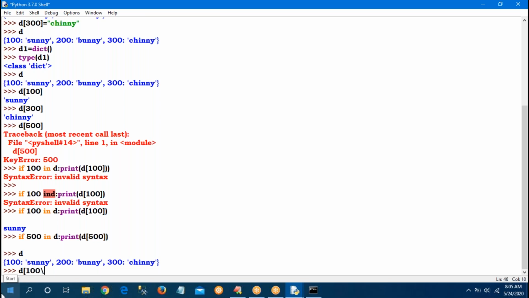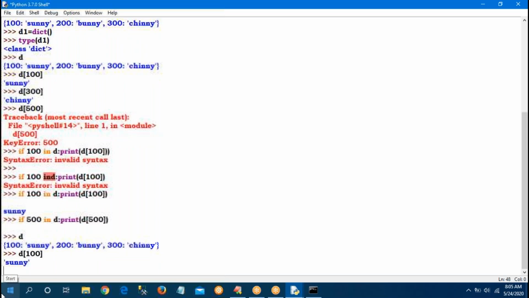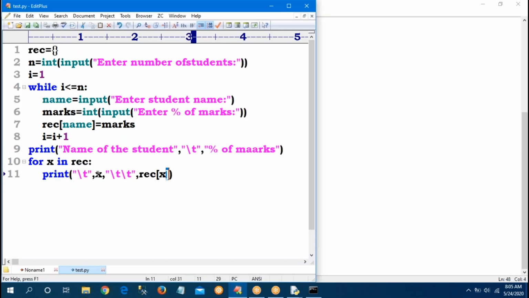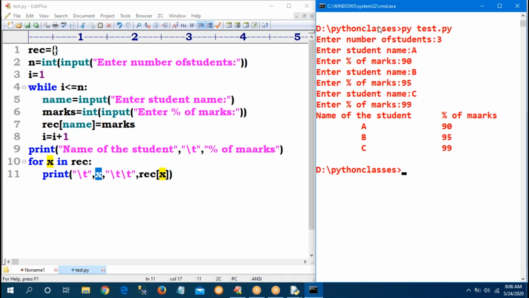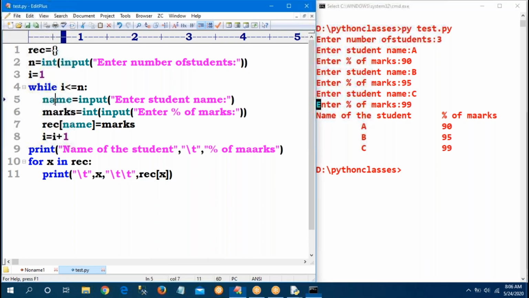The 100 value, Sunny, I am getting. So 100 is the key. Same in my dictionary, X is nothing but a key. REC of X means corresponding value I am getting. So that's why see here, at the time of print statement, first I am printing X. What I am getting, X? A is nothing but a key. How? REC of name. Name is the key, marks is the value.